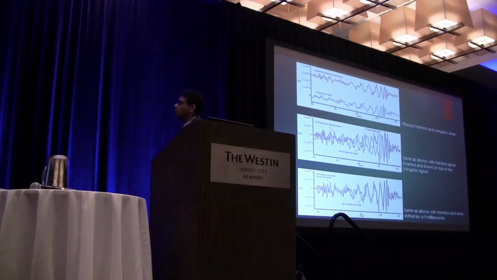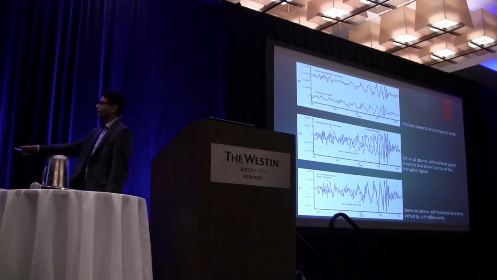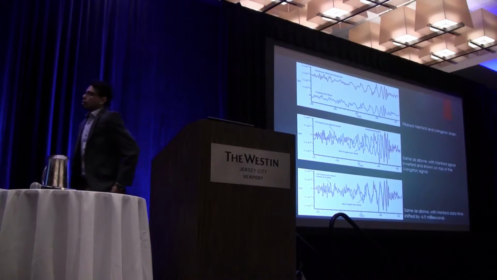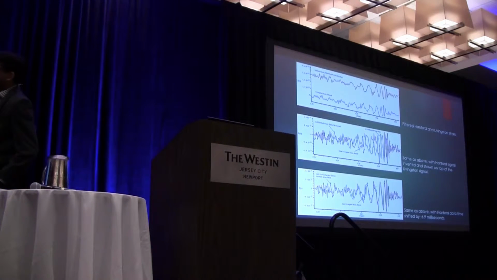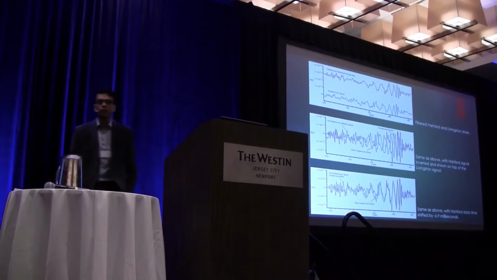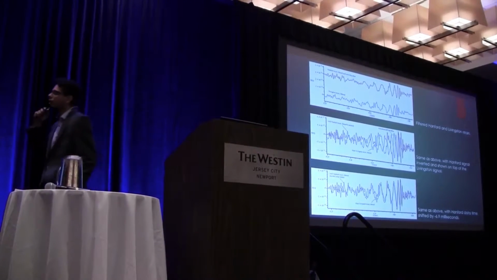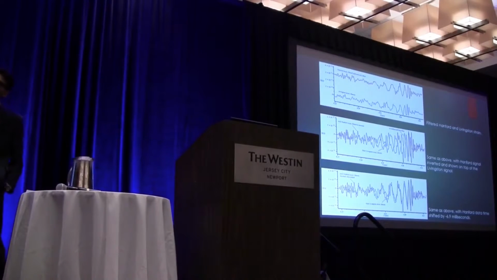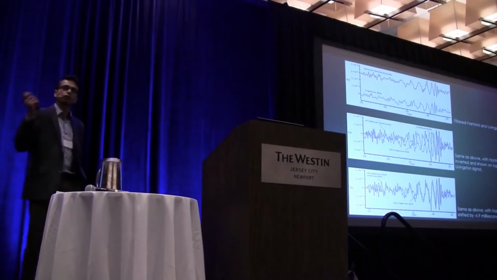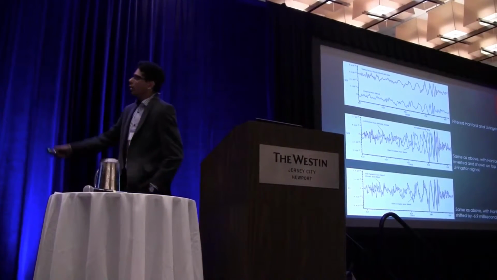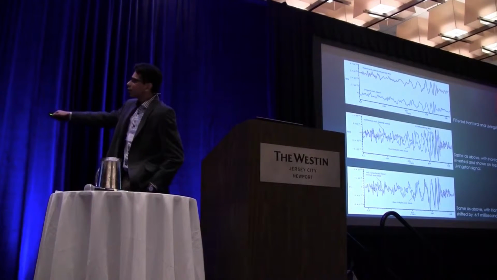So here are the raw signals as we detected them. What's being shown here is the strain as a function of time as detected by the two detectors. The only filtering that is done over here is the filtering of the very low frequency and very high frequency components, because we know that they are noise. So those frequency components have been filtered out. You can see that there is something over here.